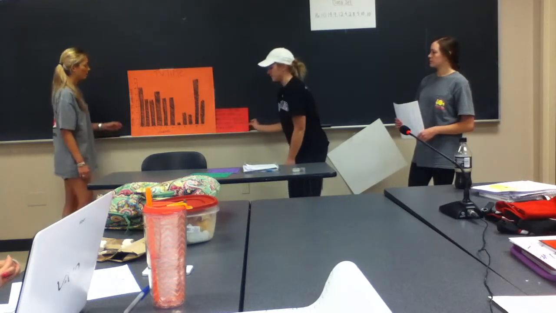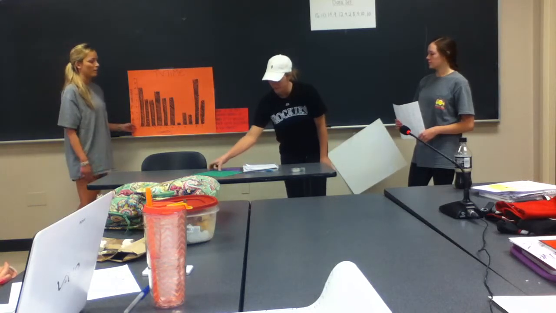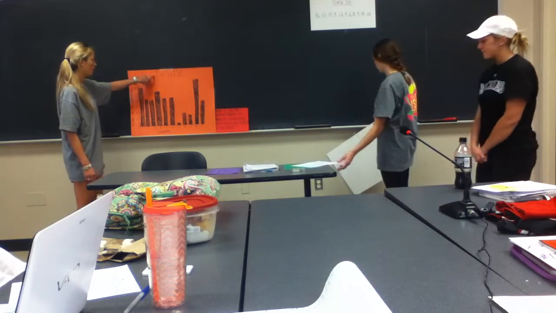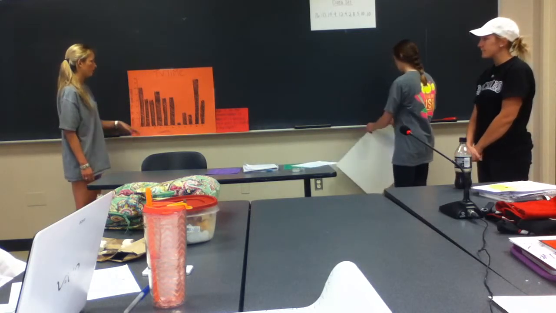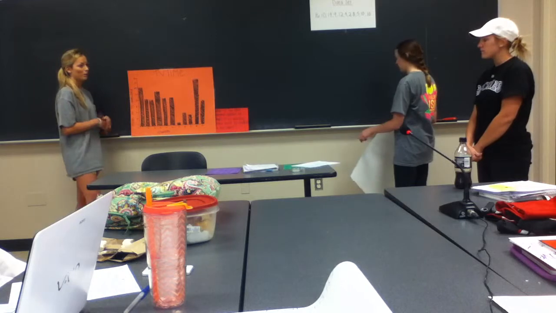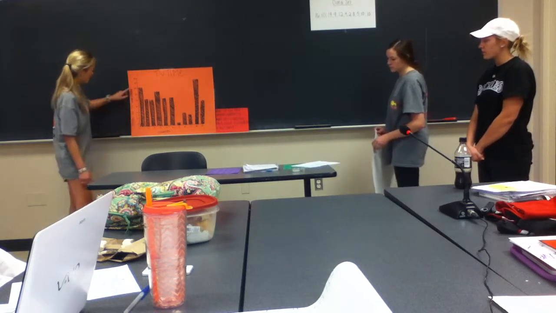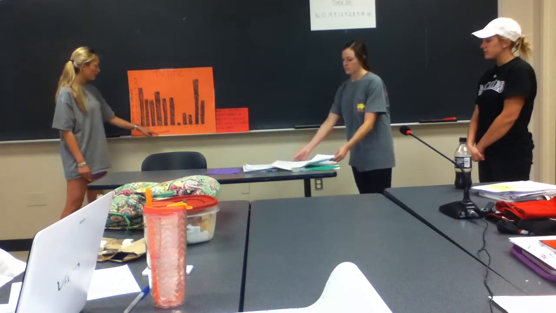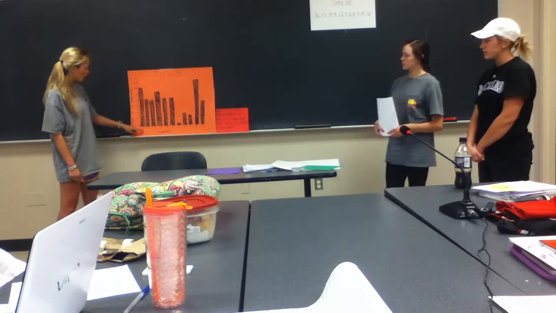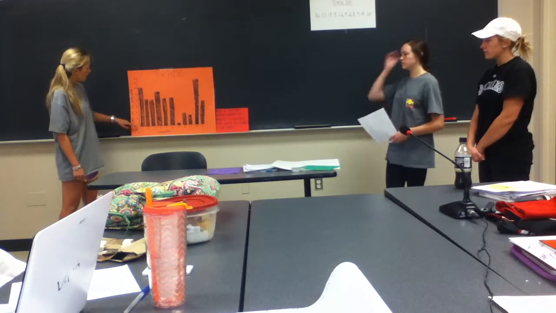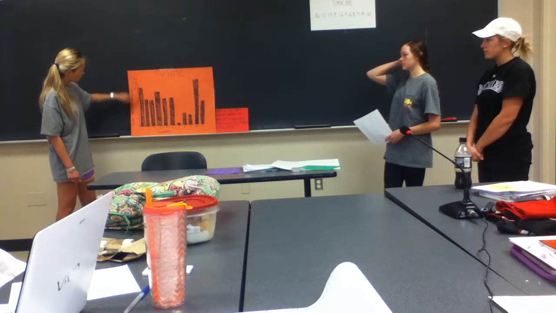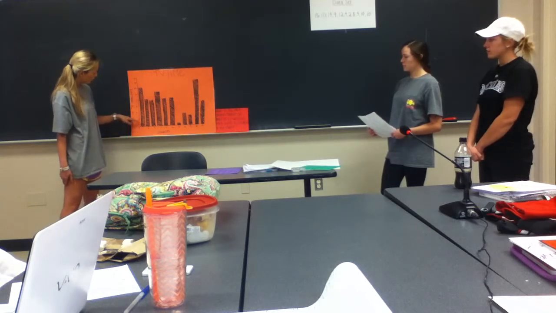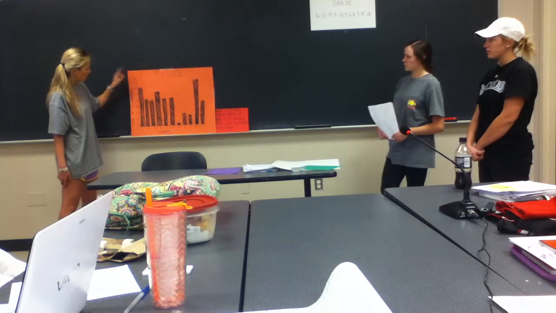Okay, so this first graph that we're looking at is a bar graph. Like she said, this usually starts in 3rd grade. You have the title up here, which pertains to the whole graph. We have it as TV time because it was the amount of TV watched in a week. The y-axis right here is the hours of TV watched. And the x-axis down here is the students, and each number down here is a different student. On the side, this y-axis gets skip counted by 2, because that was the most common